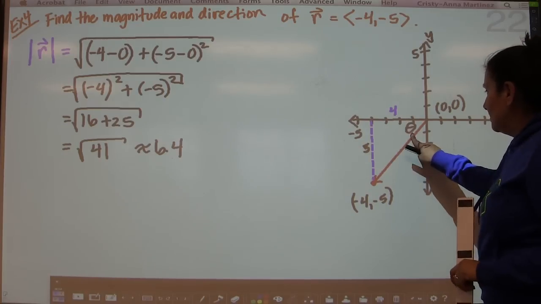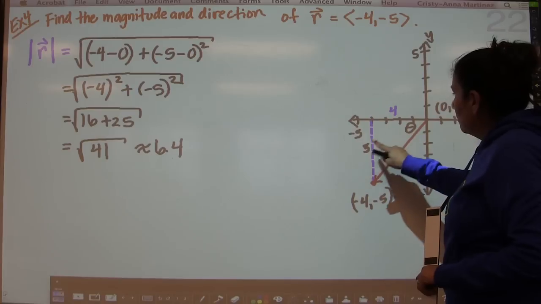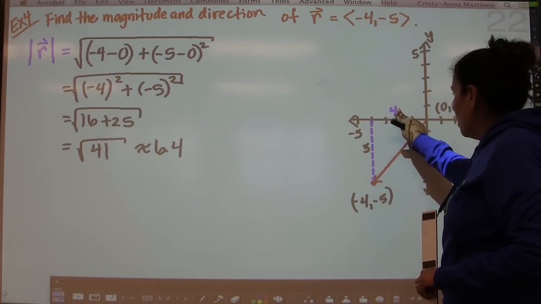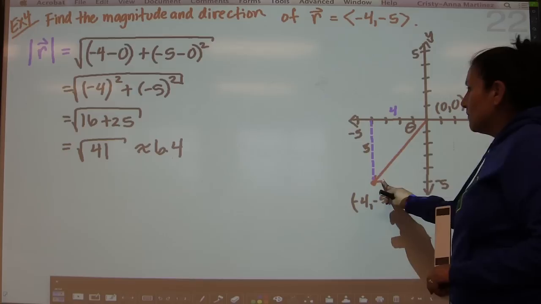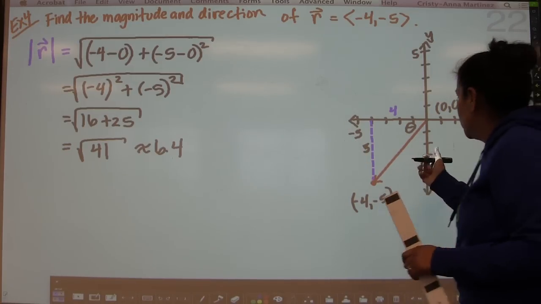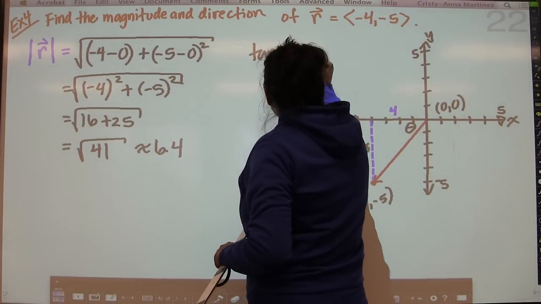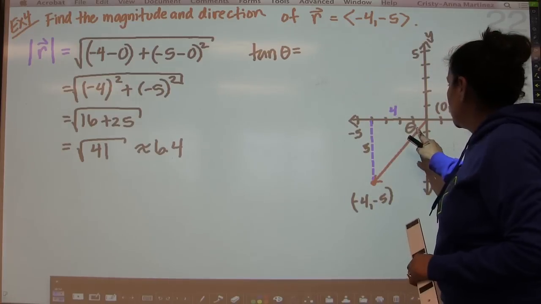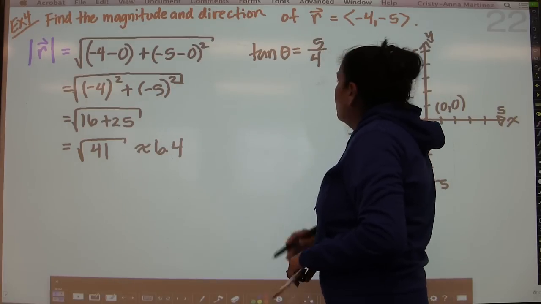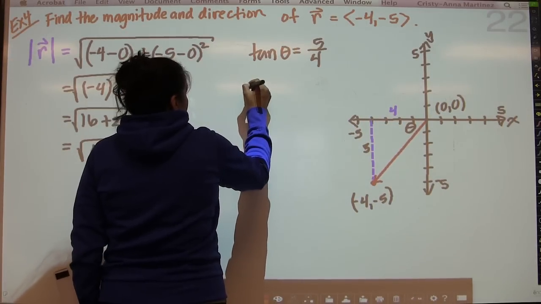So I need to find this angle measure, and I can do that because if this is the angle, we know the opposite side is 5, and the adjacent side is 4. We don't know the hypotenuse. Well, we know now that it's 6.4, but we don't want to use the hypotenuse. We're going to use tangent of theta is equal to opposite over adjacent. So the opposite side is 5 and the adjacent side is 4. And we know that to solve for theta, we have to use the inverse